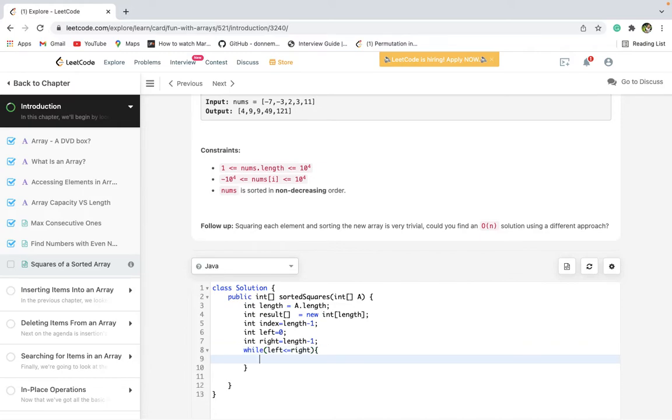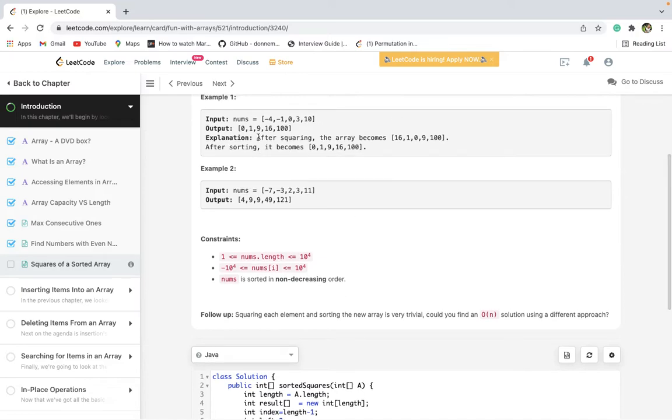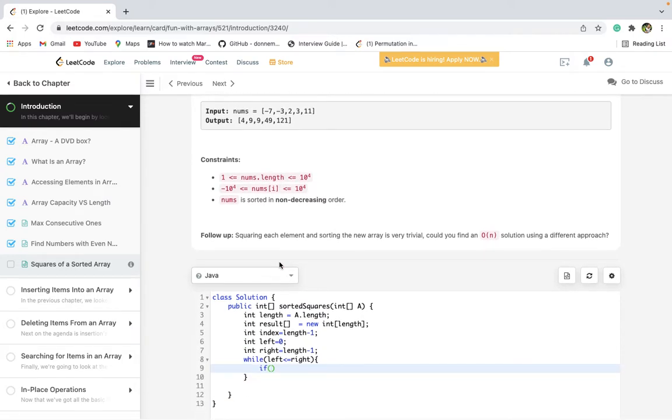We need to check which of the first and the last element is greater, and for that we need to make them absolute, because negative and positive we can't compare. For the comparison both should be positive. So we can use the function Math.abs. Here we give our left one, and if it is less than the right one,